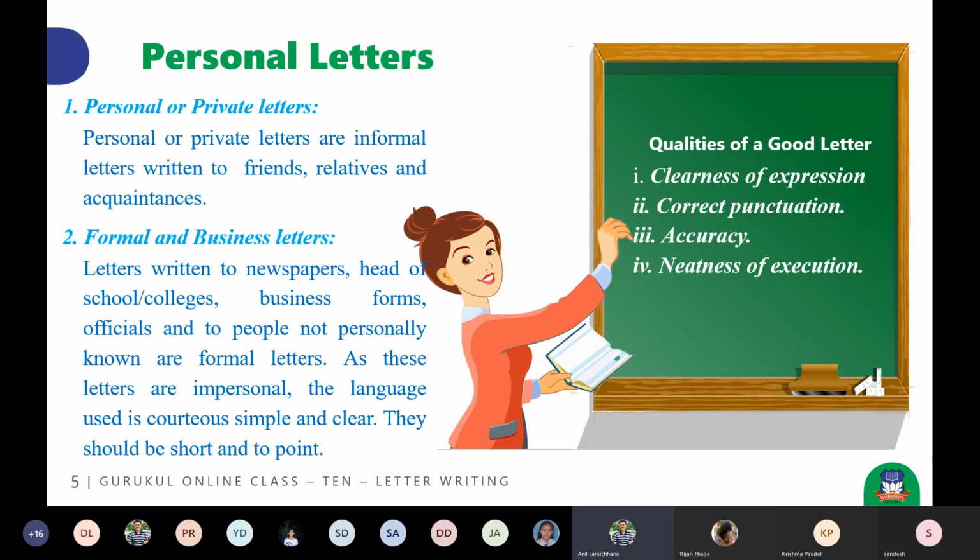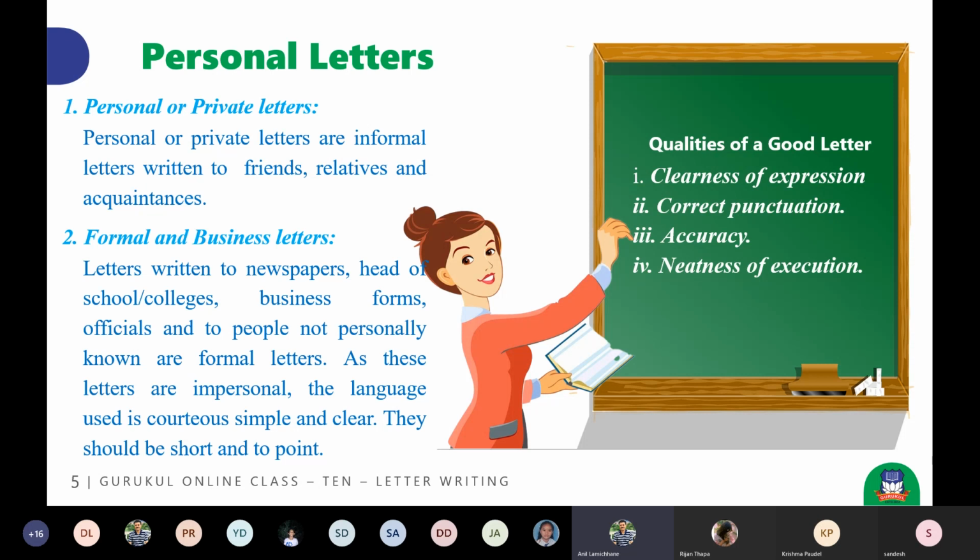Likewise, another type: formal and business letters. Business letters also come under formal letters. Letters written to newspapers, heads of schools, colleges, business firms, officials, and to people not personally known are formal letters. So for whom you personally know and are close to, an informal letter can be written. If you need to convey some message to a person whom you don't know,